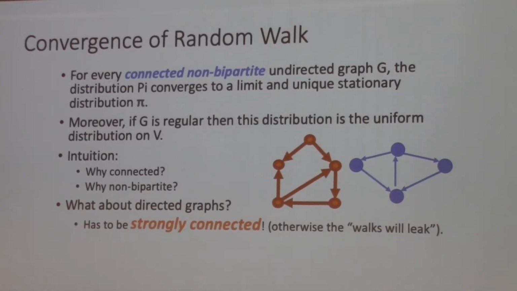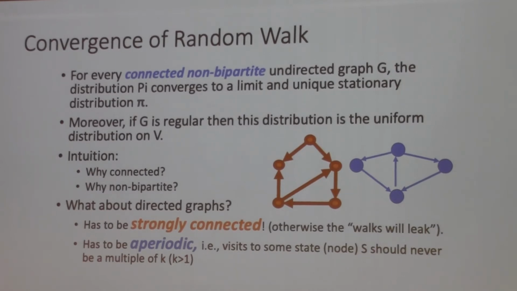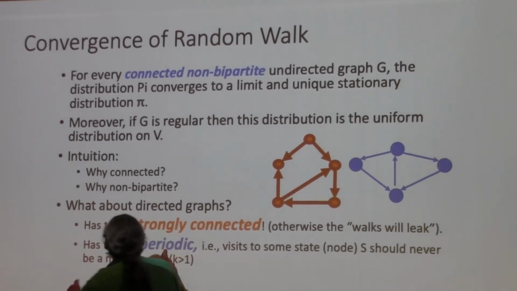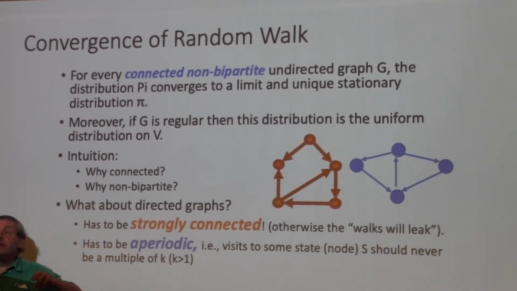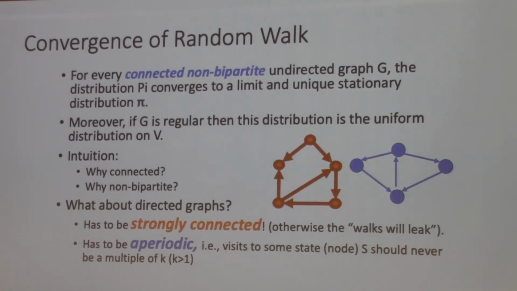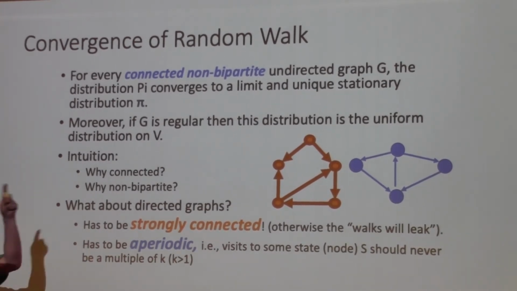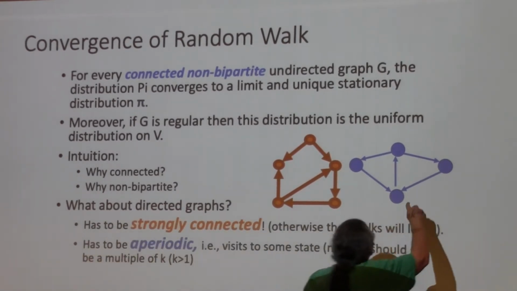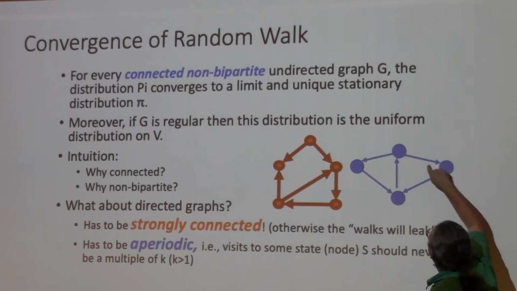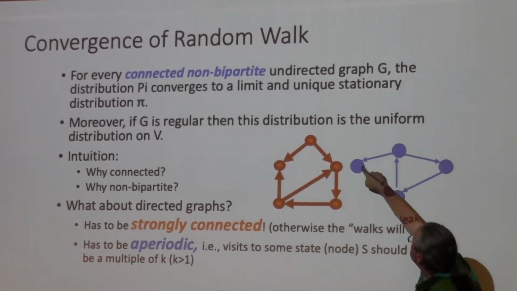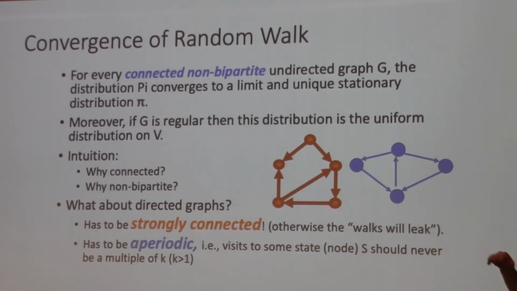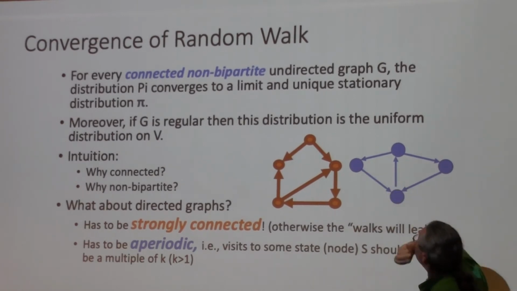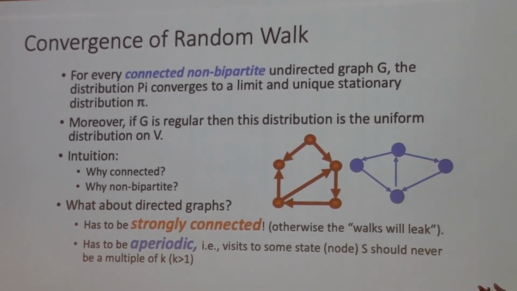Huh? So the second condition is that it has to be aperiodic. This is kind of generalizing non-bipartite. So the graph has to be somehow mixed. If it's periodic, that means it's basically doing the same thing in the same number of steps. So in this one, for example, I go 1, 2, 3, and I'm back here. 1, 2, 3, and I'm back. So the graph is kind of following the same cycles on both sides. And if you have that, again, you have a kind of oscillation, okay?